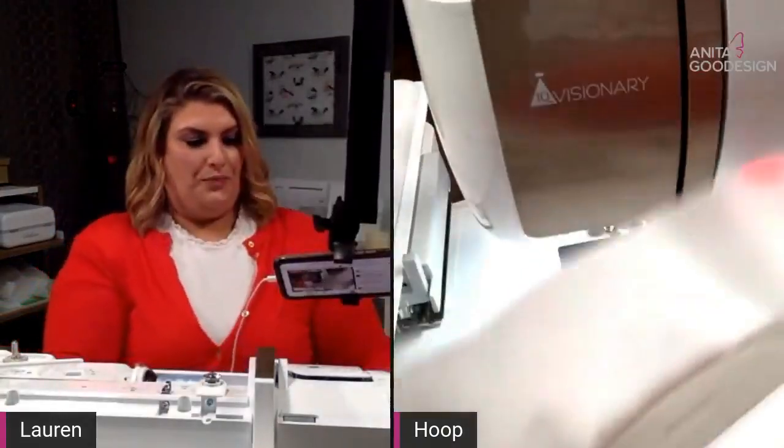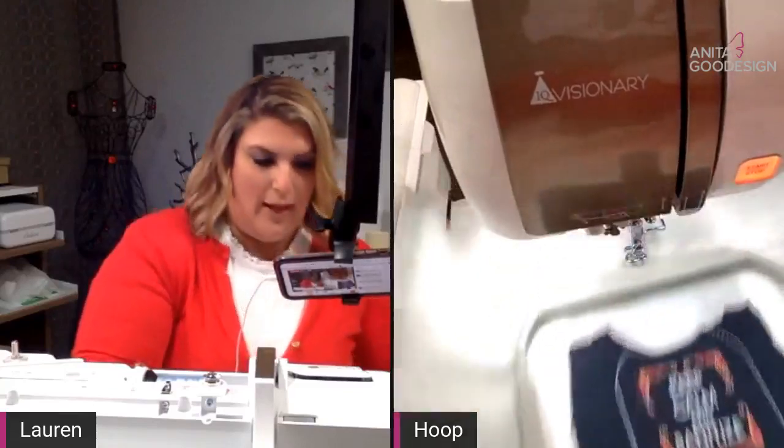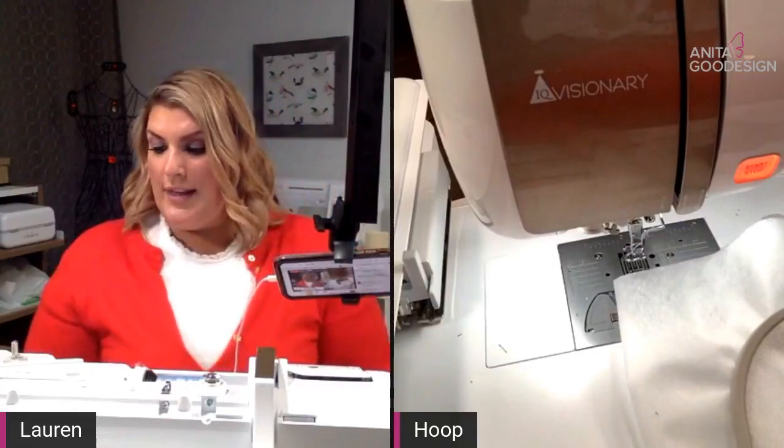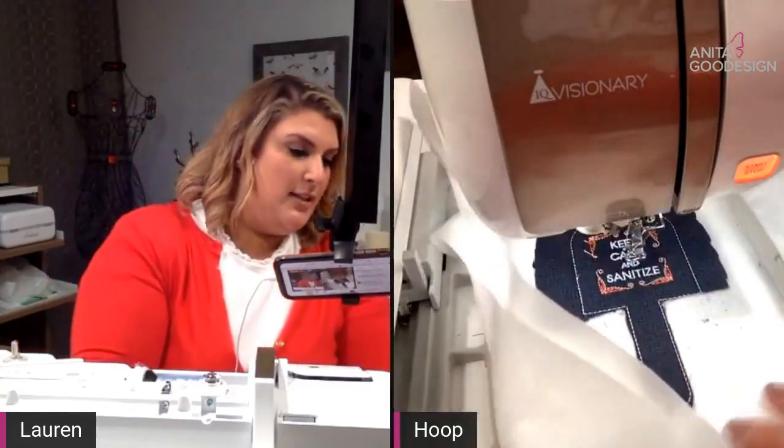Okay, there we go. All right, so let's put this, nope, not yet, not back in yet. I'm getting excited here. All right, so the next step is, yes, I'm putting it in, is the placement stitch